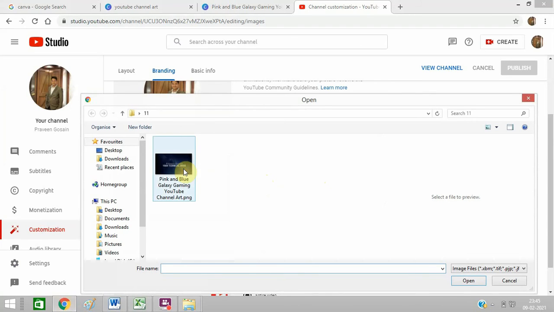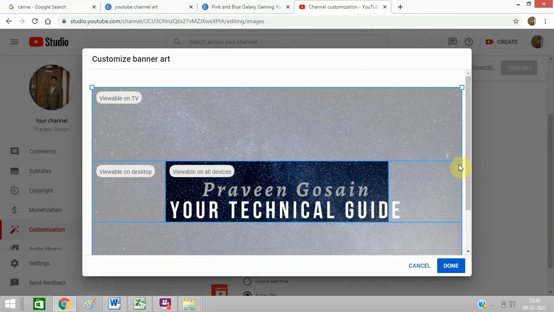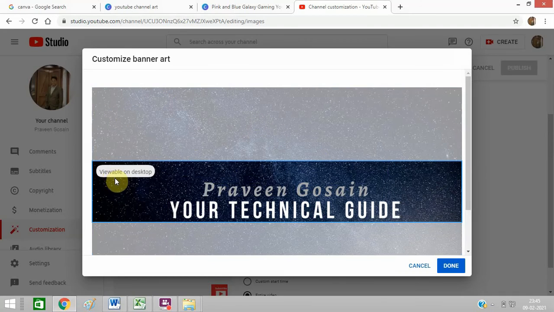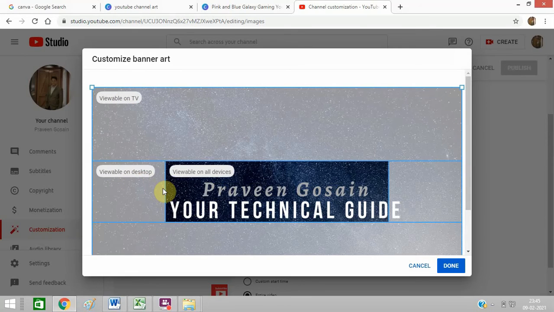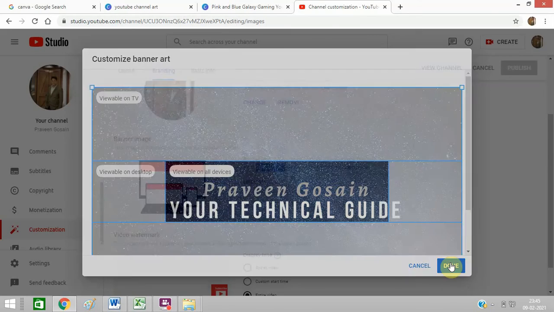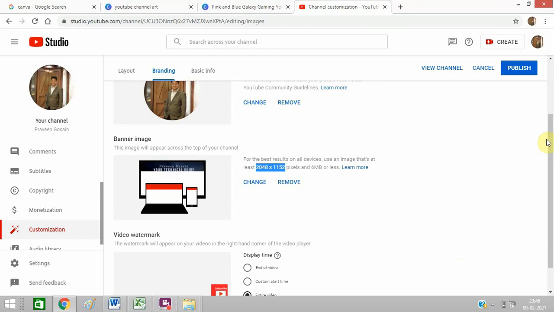Select the image. You can see it will be viewable on TV like this, on desktop like this. Just click on done. You can see it's showing on desktop like this, on TV like this, and mobile phone like this, right?